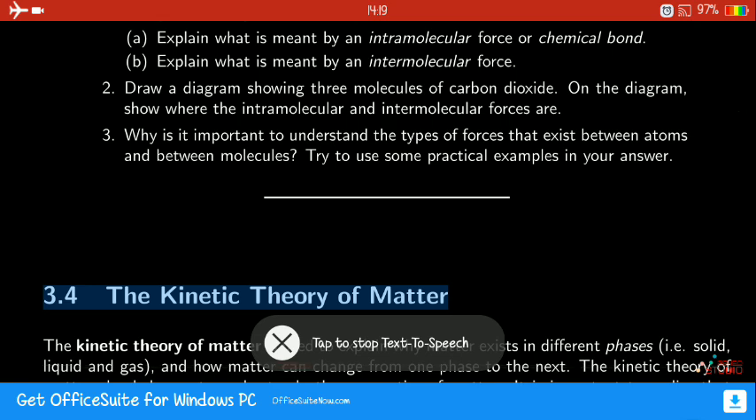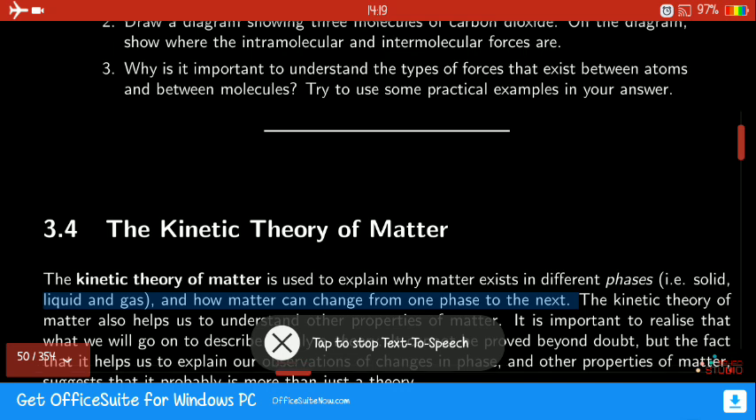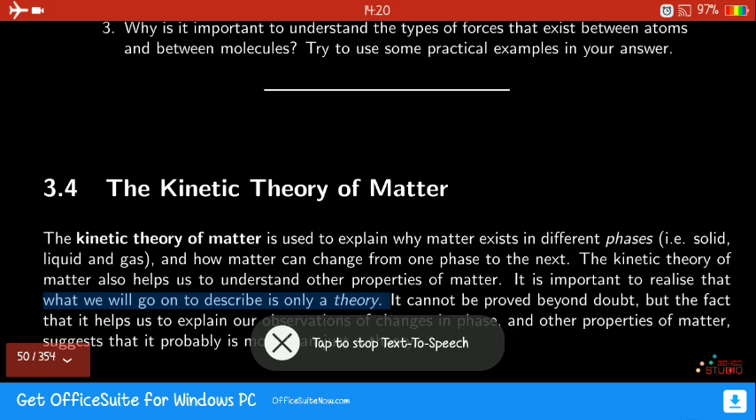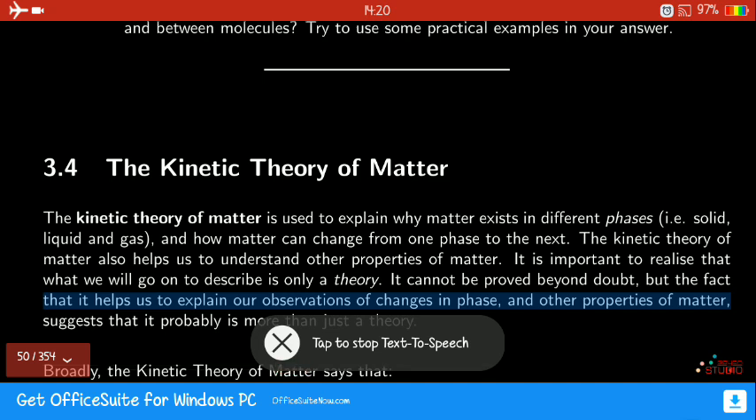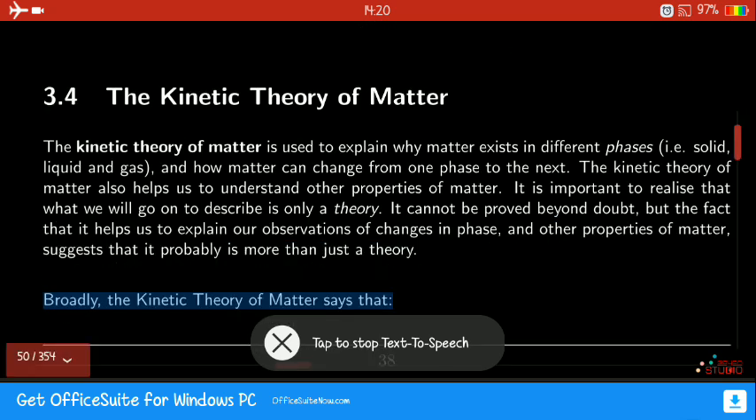3.4 The kinetic theory of matter. The kinetic theory of matter is used to explain why matter exists in different phases, i.e., solid, liquid, and gas, and how matter can change from one phase to the next. The kinetic theory of matter also helps us to understand other properties of matter. It is important to realize that what we will go on to describe is only a theory. It cannot be proved beyond doubt, but the fact that it helps us to explain our observations of changes in phase and other properties of matter suggests that it probably is more than just a theory. Broadly, the kinetic theory of matter says that